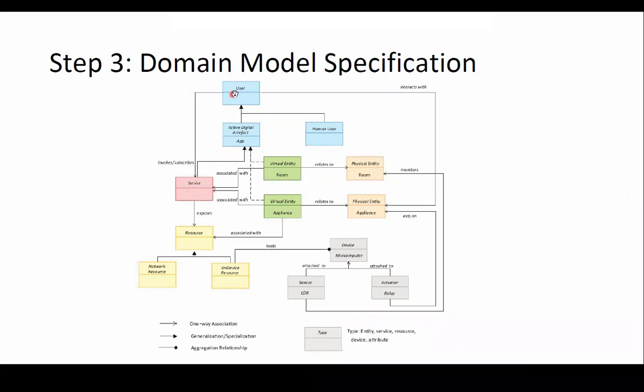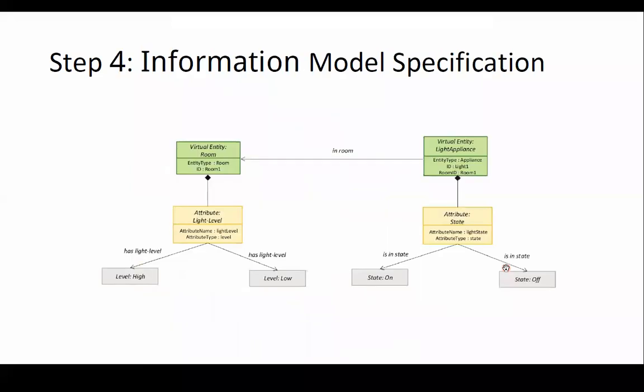This can be done by various users. Either it can be your human user, or it can be the user of a system, or a different system can be treated as your user for this IoT home automation application. So here you can see various domain models are available in the case of a home automation application.